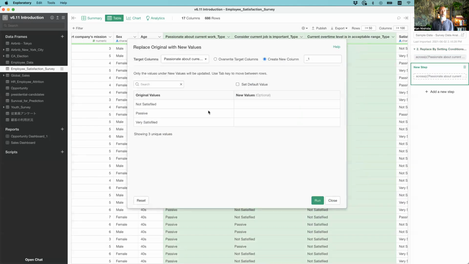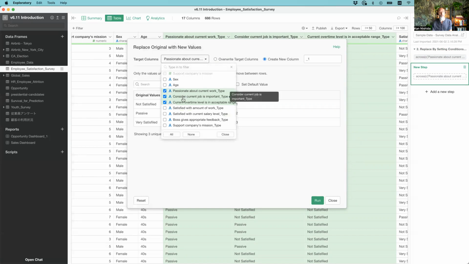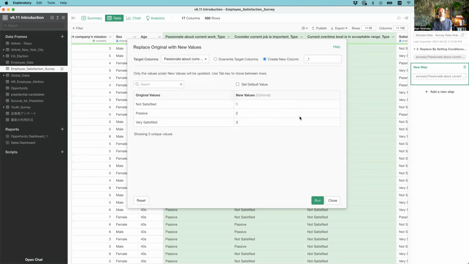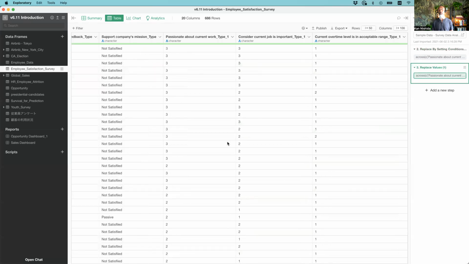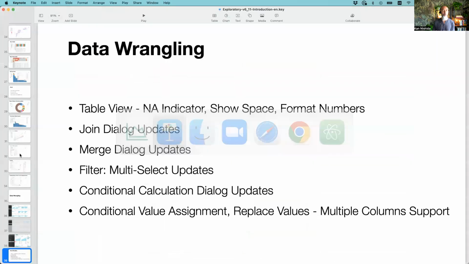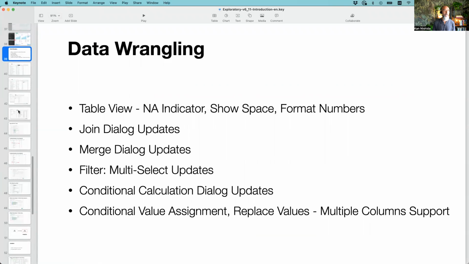At this point I have 3 values, and I want to change them to 1, 2 and 3. When I click on the target column area, these 3 columns are already selected. You can keep adding other columns as well, but in this case I want to go with these 3 columns. You can create new columns with a suffix or prefix, then click the run button, and I should have these new 3 columns. You can override the existing columns as well. Okay, so those are the new enhancements around the